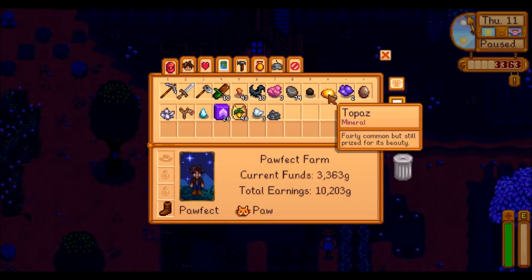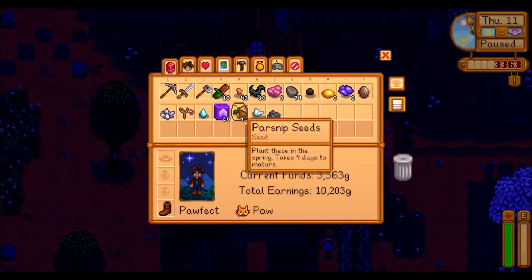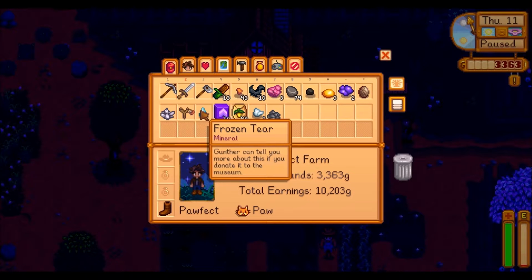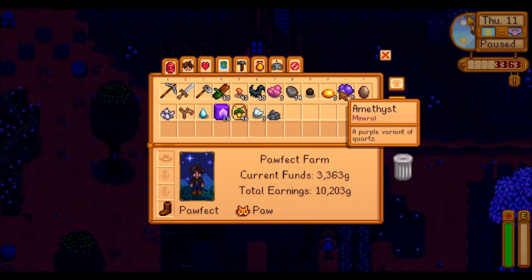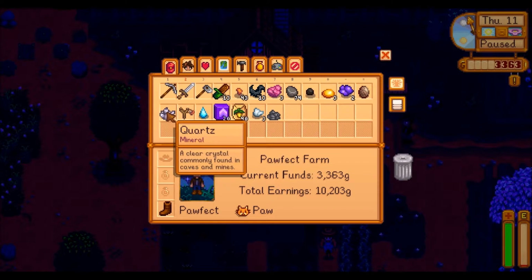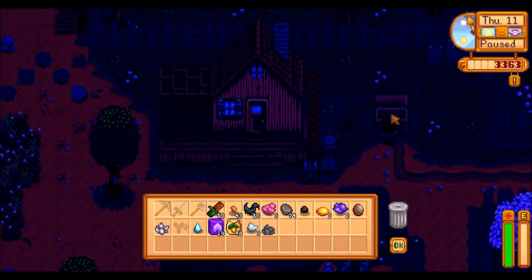You can tell whether or not an item has been given to Gunther by what it says underneath. So here we've got topaz, mineral, and then the next section is whether or not you've given it to Gunther. If we have a look at this mineral, because we haven't given this to Gunther before, it says Gunther can tell you more about this if you donate it to the museum. If that's the message underneath the item, that means you haven't given it to Gunther before. Whereas if it tells you about the actual item, that means you already have given that to Gunther before. So because we've already given these 2 to Gunther, we will be dropping those off there